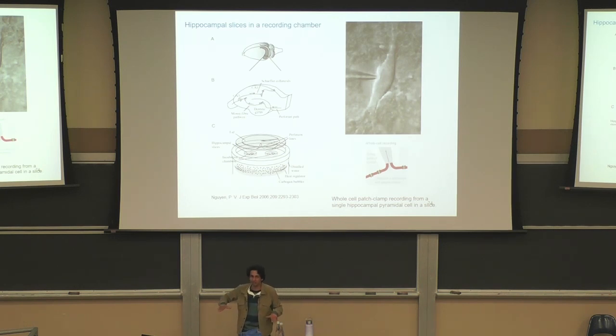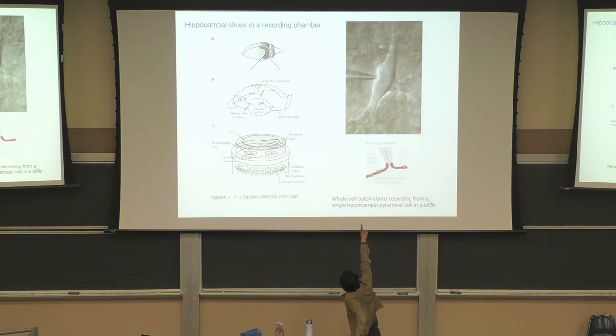And the way patch clamping works is you make a very thin glass pipette with a little hole at the end, and then you literally poke the cell with your glass electrode pipette. That's a photo of a real hippocampal cell being poked by this electrode. So it's a very strange thing. You're communicating with one cell.